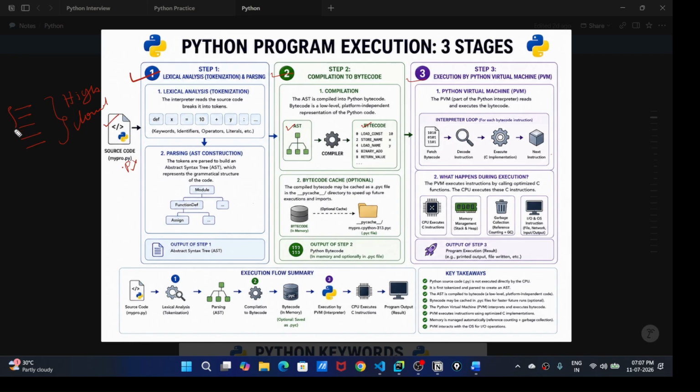The moment we start executing this file, Python reads the code line by line, top to bottom, left to right. It reads the entire source code and performs lexical analysis. Lexical analysis is nothing but tokenization. The interpreter reads the source code and breaks it down into tokens.